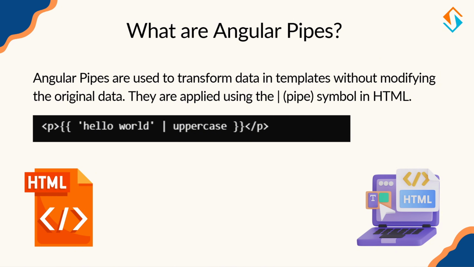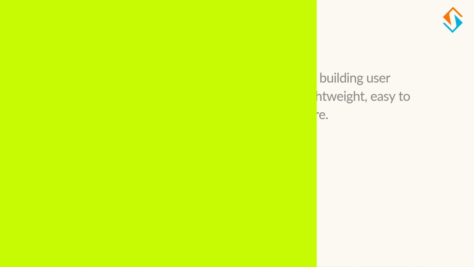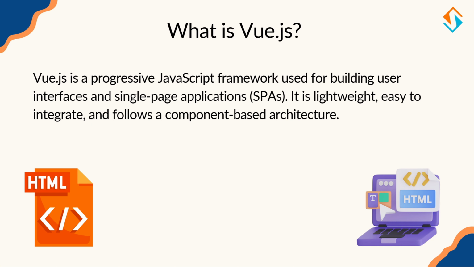Angular provides built-in pipes like uppercase, lowercase, date and currency, but you can also create custom pipes, okay? Now next question is, what is Vue.js? Vue.js is a progressive JavaScript framework used to build single-page applications. It is known for its simplicity, reactivity, and easy learning curve. So why use Vue? It combines the best features of React, Virtual DOM, and Angular two-way binding in a lightweight